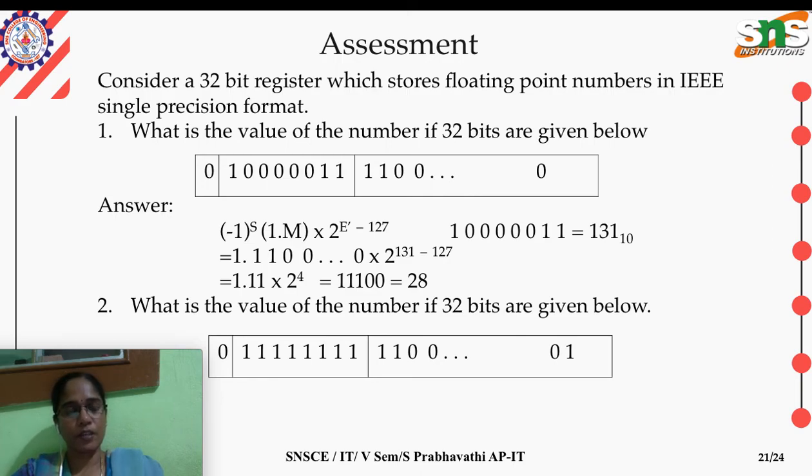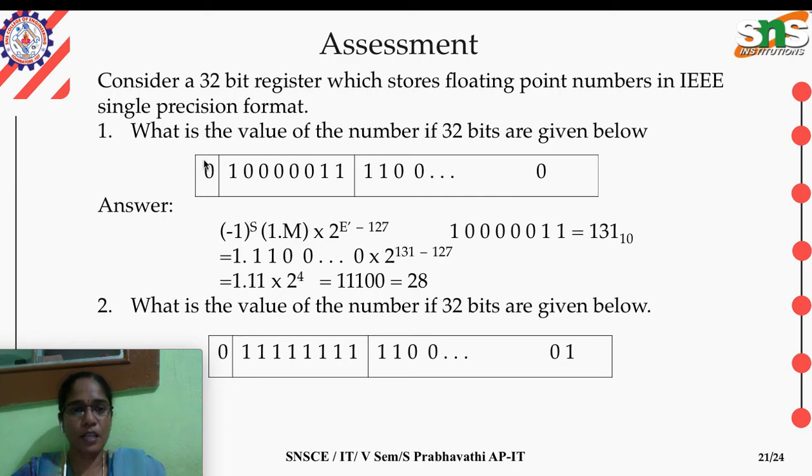We'll have a quick assessment on that. One assessment I have worked out for your understanding, because this is the first time you are working it out, and the remaining you have to do yourself. In a single precision 32-bit number, if this is the representation, what's its value? You need to get its value. You will know the formula: minus 1 to the power s into 1.m into 2 to the power e. Here this is single precision, is it not? So it means it is an implicit normalized value.